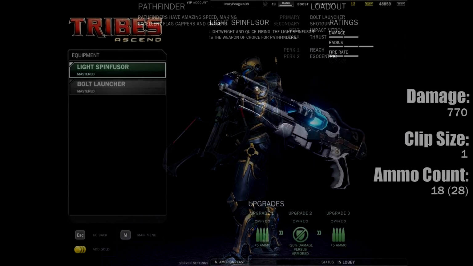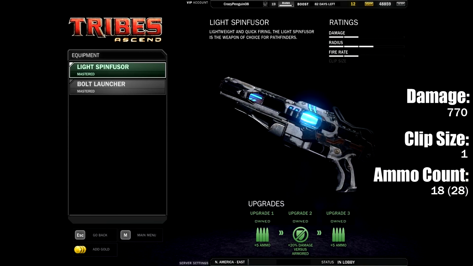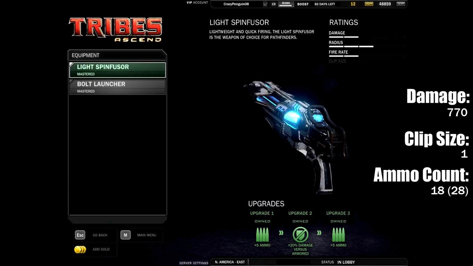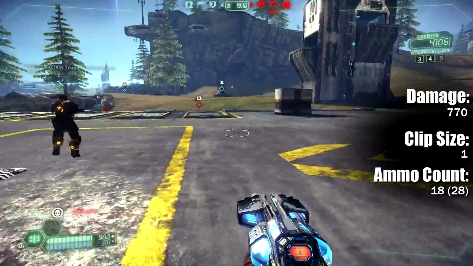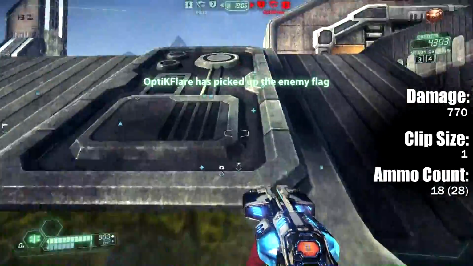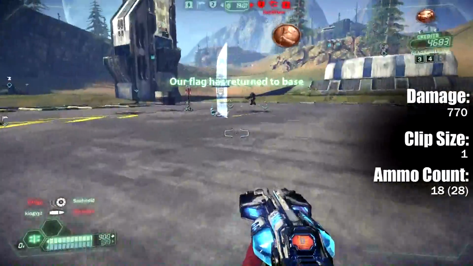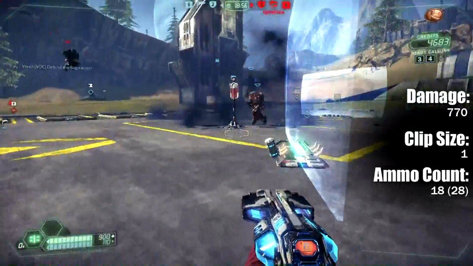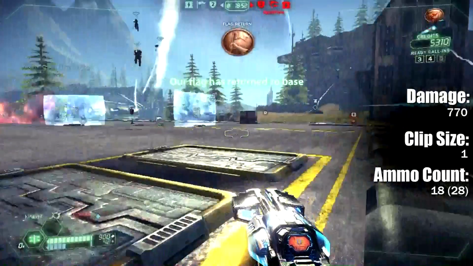So first off, we have the Light Spin Fuser. There's not much you could say about it in all honesty. I mean, it's a spin fuser, it's really reliable, you know how to use it, they all act the same. It does okay damage and has a decent rate of fire in comparison to all the other different spin fusers in the game. All of them act a little bit differently, and in the Pathfinder's hand this one has a better rate of fire than most of the others. Damage is really nice, it's great for pushing people off track, it's great for when they touch down,